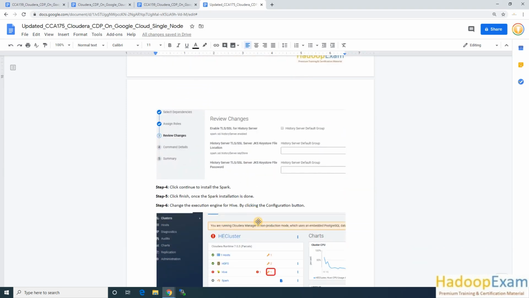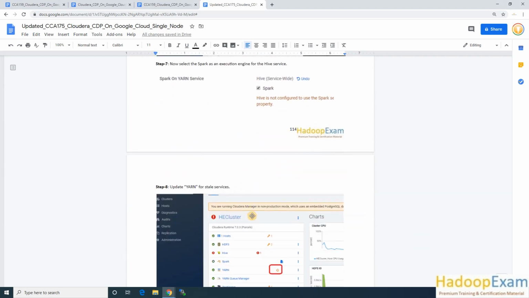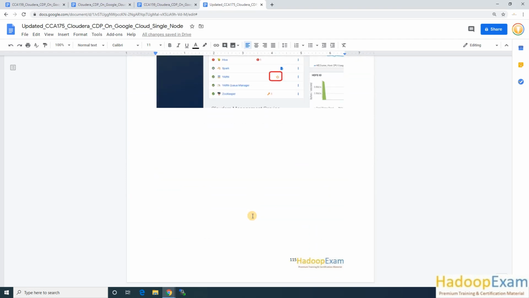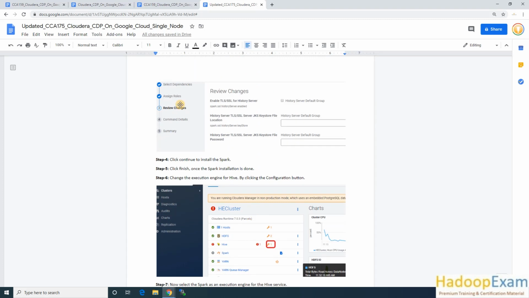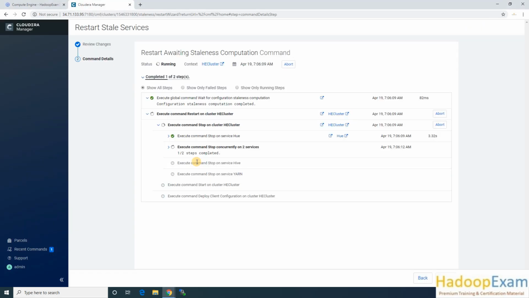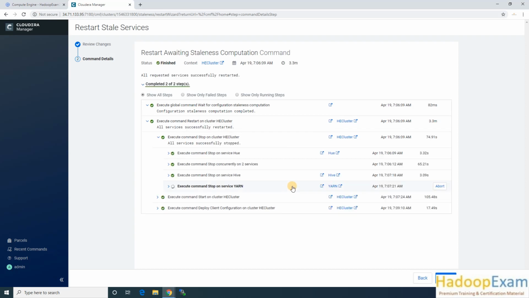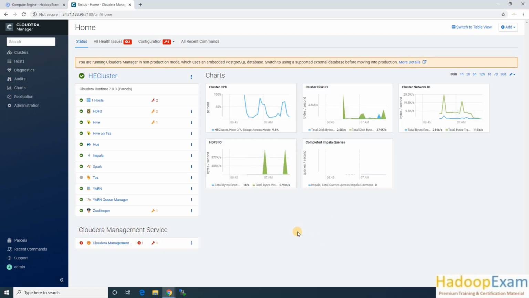This is the screenshot I have put over here. Now after this installation of Spark, we would be practicing the CCA 175 questions and answers as well. So let me pause until this Apache Spark environment gets started. Installation is already done, okay. Now the Spark service restart is done. Let's see. Now you can see all our services are running fine.